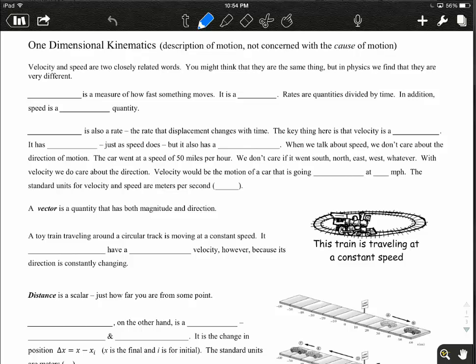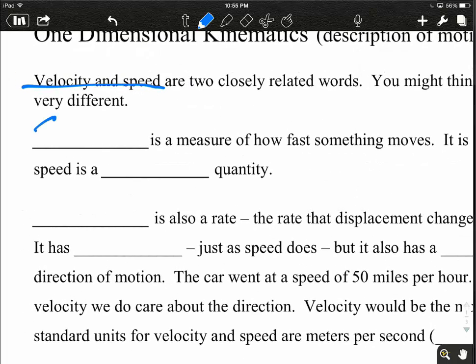These notes are to help out with things that are moving at a constant speed or a constant velocity. As we discussed in class, there's a difference between velocity and speed. Although they're closely related, there is a difference. So we know that